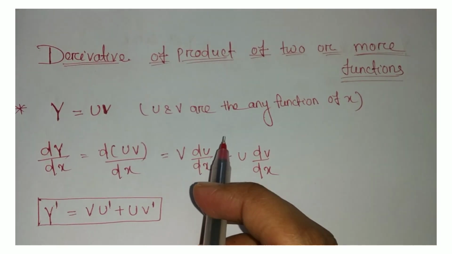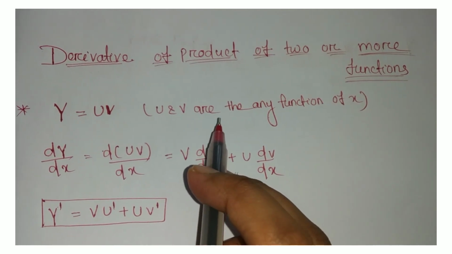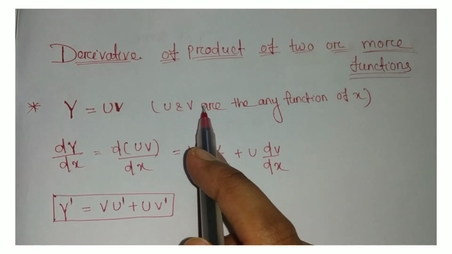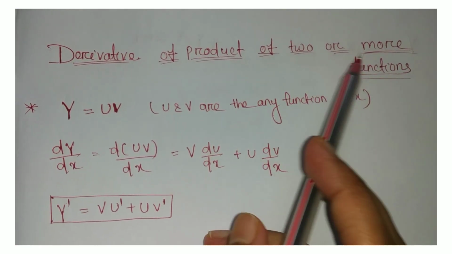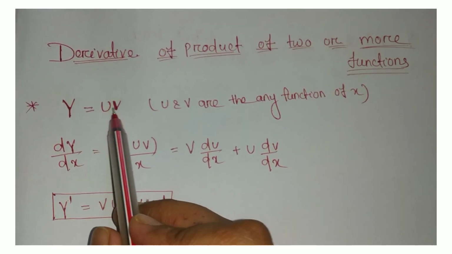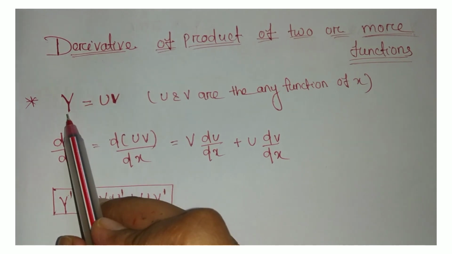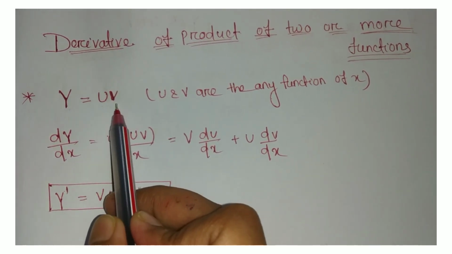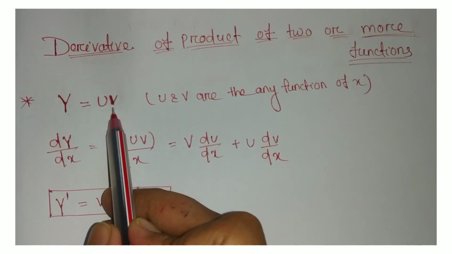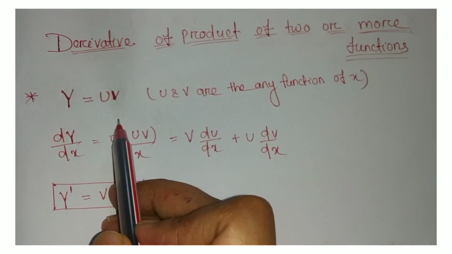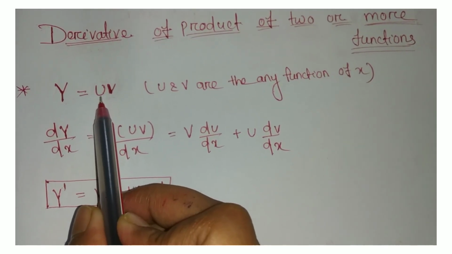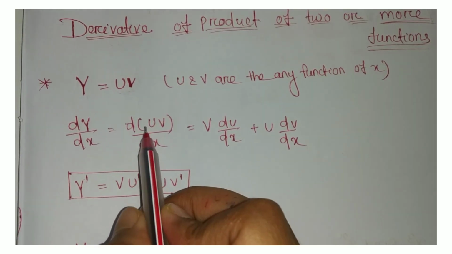In the previous class we discussed how to calculate the derivative of a sum of two or more functions, and here we study the derivative of a product of two or more functions. Here y is equal to u into v, that is, y is the product of two functions, one function u and another v, and u and v are both functions of x. Then the derivative of this function is equal to the derivative of